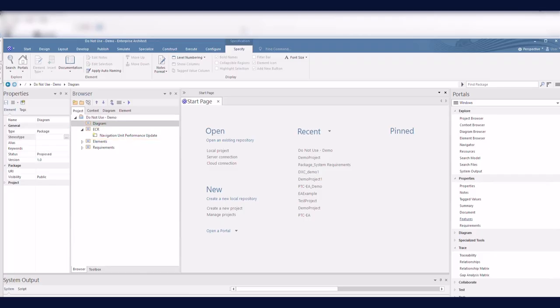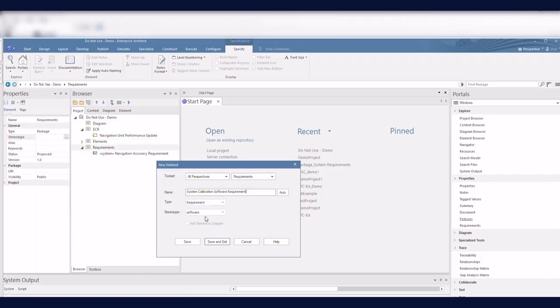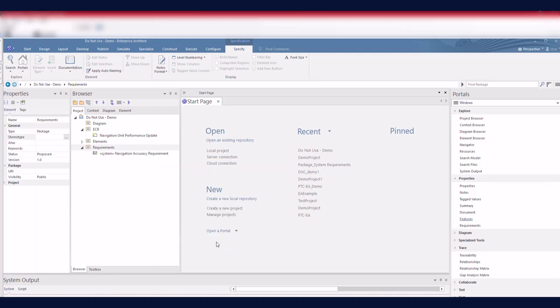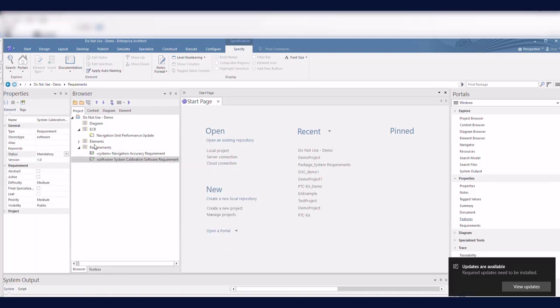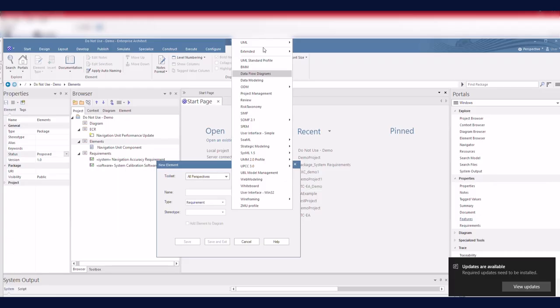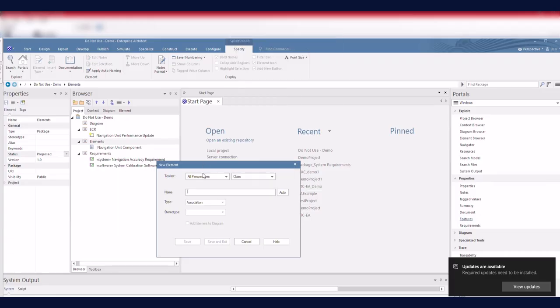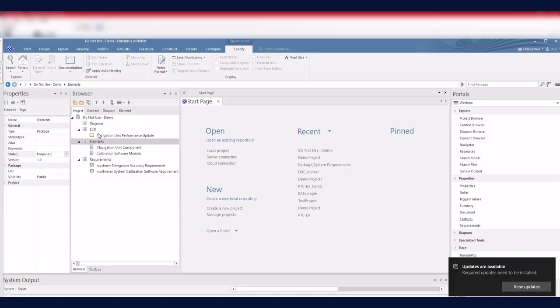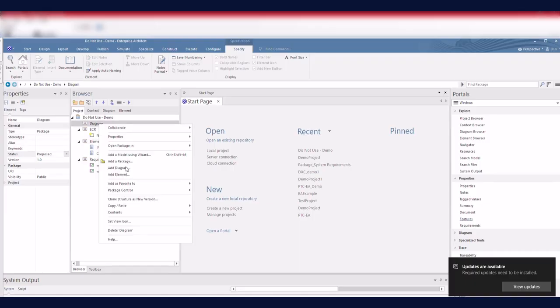In EA, the systems architect creates a new software requirement to be associated with the ECR. Now the systems architect creates an element type, selects the type as class. The element as class has been created. Now the systems architect goes on to create a diagram,